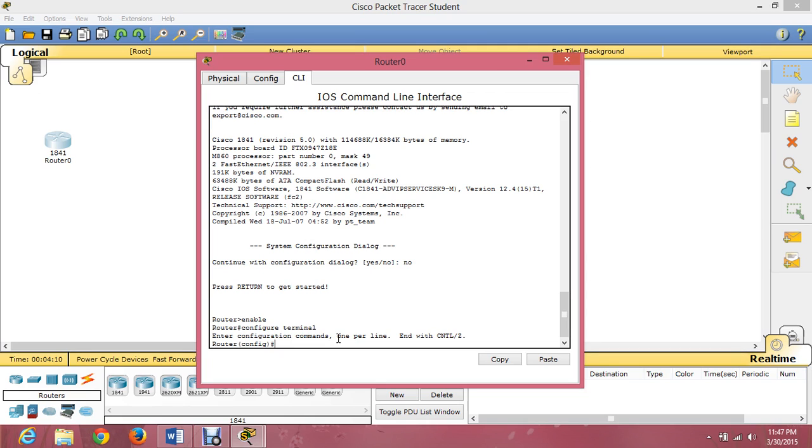To rename the router, we should type hostname, space, our router's name. I use the name Seno01. If ready, just enter.